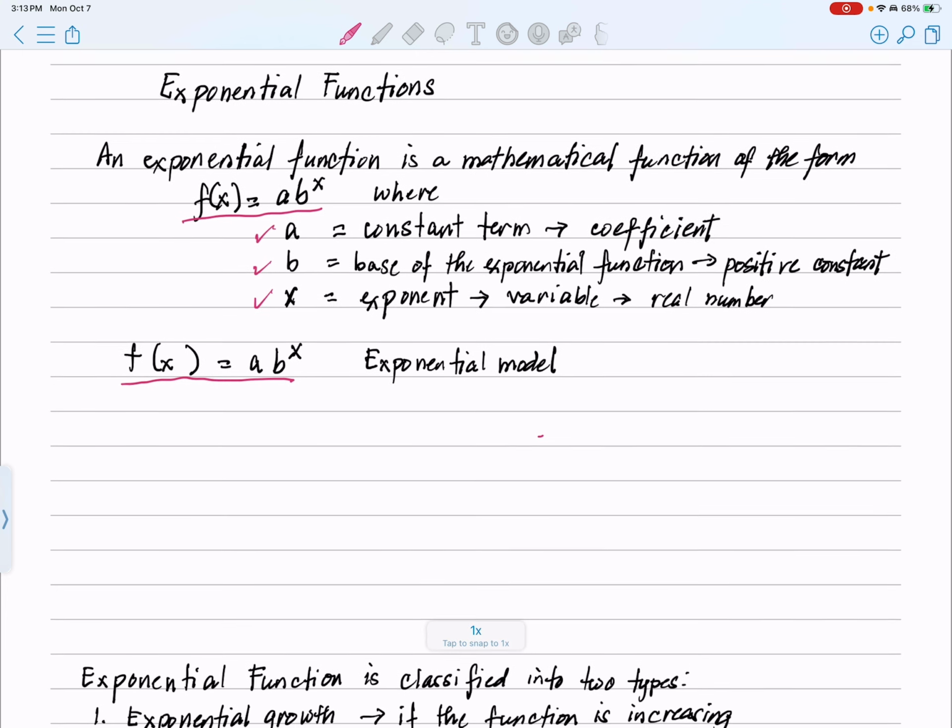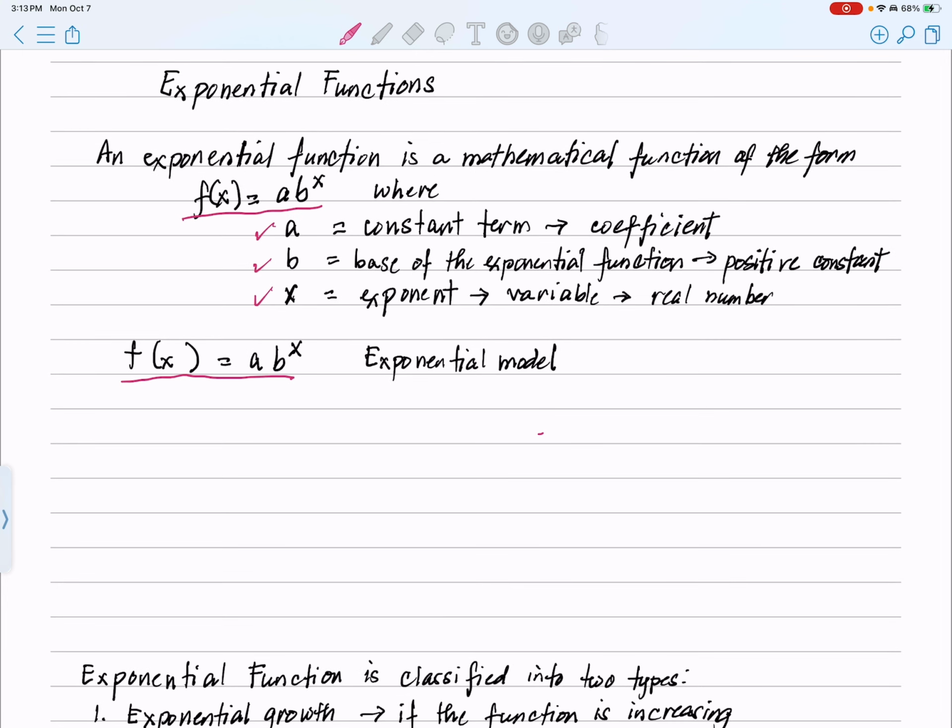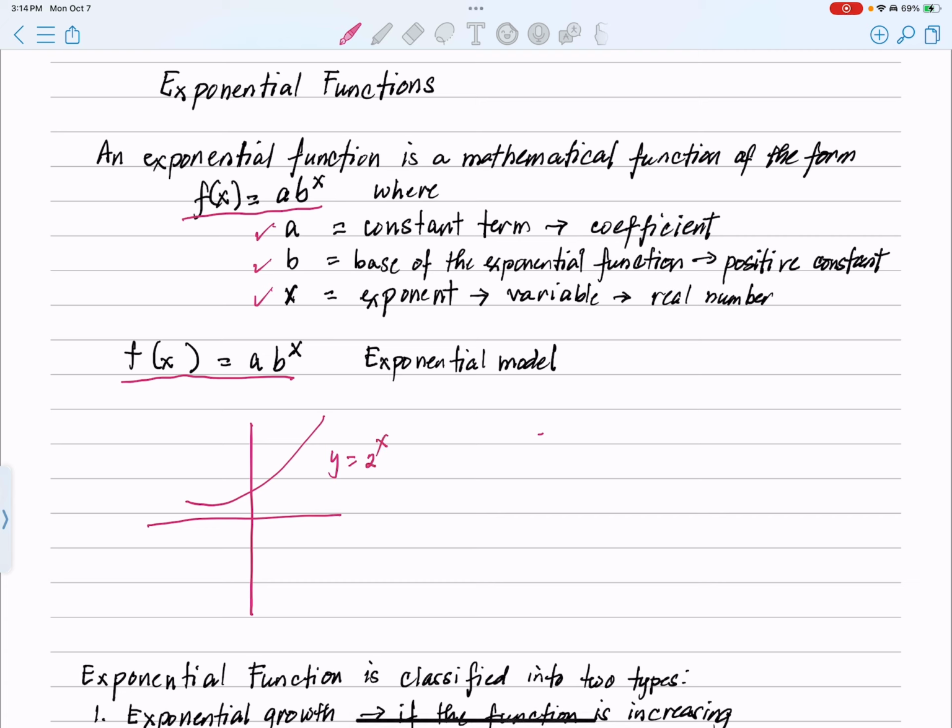All right. Now, we often see a graph like this. Okay, the graph goes that way. And this is one example of a graph of an exponential function. Whether the graph goes up to the right or the graph goes down to the left, it's curved, okay? Curving up, curving down. All right. Now,